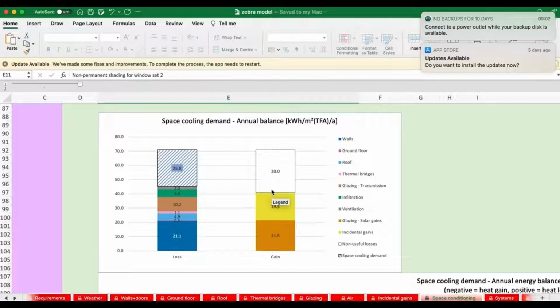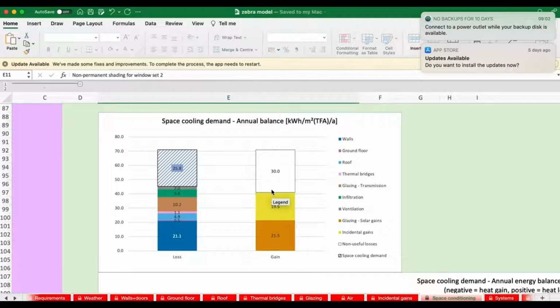But the first thing to point out is that Zebra doesn't actually know when the heating season is and when the cooling season is. There's nothing like that. It doesn't know a time of day. It's a mean monthly model. So it simply performs a calculation once a month and adds the results up. It does the calculation very similar to the way PHPP does it, which is to look at all the gains and all the losses and make sure the losses balance with the gains at the set point chosen.